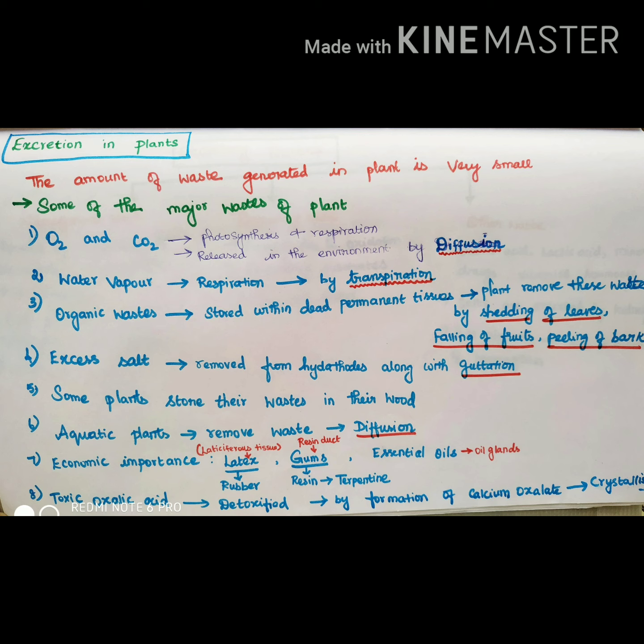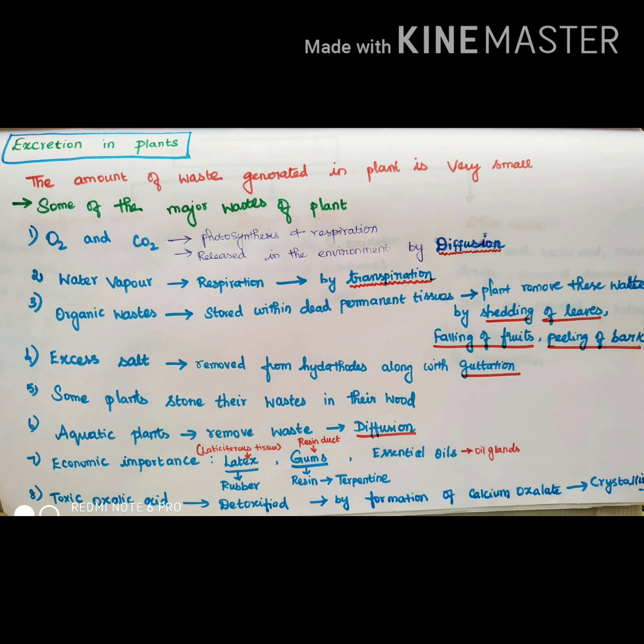This can be achieved with the help of, have you seen, the shedding of leaves in a certain period? You can find in trees the shedding of leaves, or sometimes the falling of fruits before ripening itself. Sometimes the fruits get shed from the tree, right? So shedding of leaves, falling of fruits, and also sometimes peeling of the barks. The tree's barks get peeled out. So these things may occur because of the toxic substances which get stored in the permanent tissue in the plant.